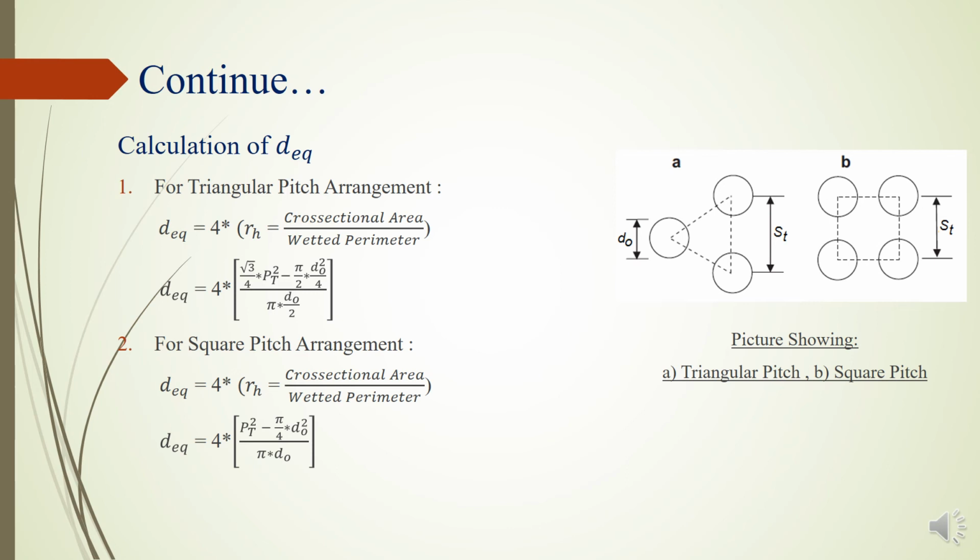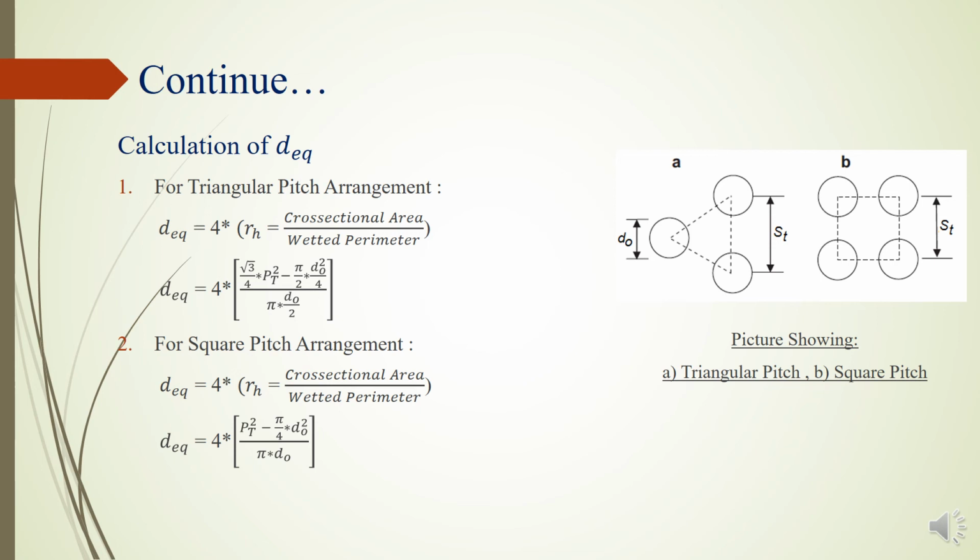So, and then root 3 by 4 pitch square minus the area of that part of the tube. So it is pi d naught square by 4, area of one tube divided by 2, divided by wetted perimeter, that is pi d naught by 2. In the same way, for the square pitch arrangement, equivalent diameter is equal to 4 times the area of that